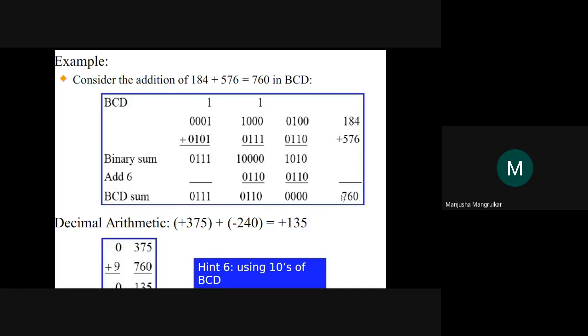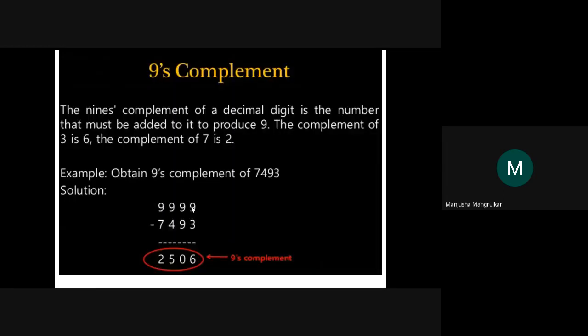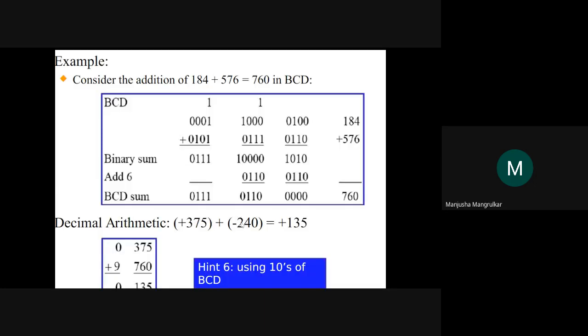Suppose this is the addition, but if you want to do the subtraction of decimal numbers, BCD numbers, so 7376 is subtracted minus 240. The same as 240, this is converted into minus 240. How? We will do here the tens complement, right? In the binary, we'll do the twos complement. Now here the tens complement, how will we do it? We subtract this number from 999, right? That is the nines complement.